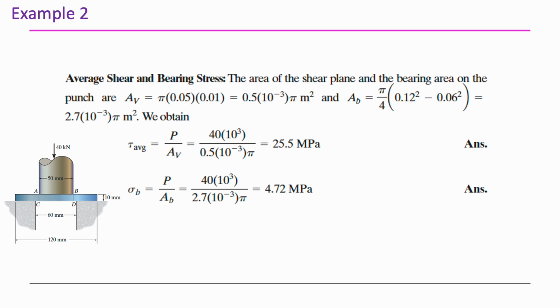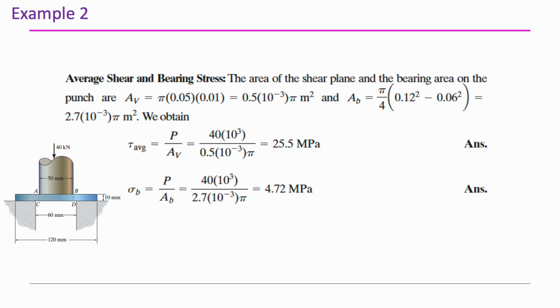As the next step, let's determine the bearing stress. Bearing stress is the force divided by the projected contact area between the shaft and the plate. Please recall that bearing stress is the compressive contact stress that occurs between two surfaces. In this case, we have a shaft pushing into the metal plate, and the bearing stress is not distributed across the full cross-sectional area of the shaft. Rather, it is localized to the area of contact between the shaft and the plate.